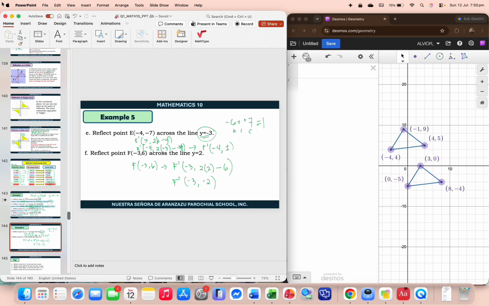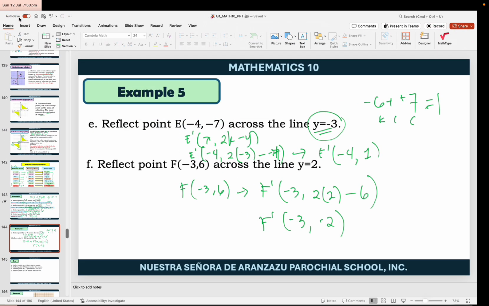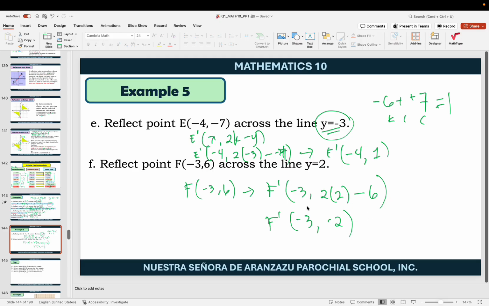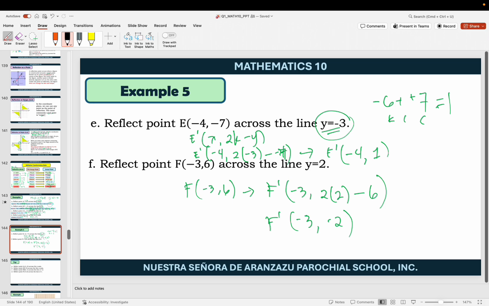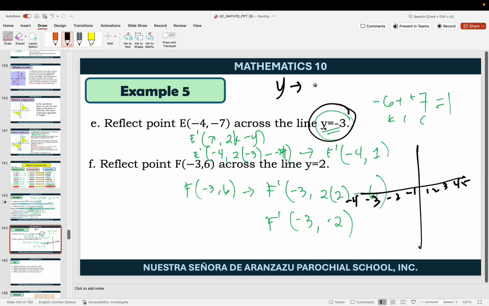Wala akong Cartesian plane. So, let's say we have here the Cartesian plane, x and y. So, 1, 2, 3, 4, 5. So, y is negative 3. So, negative 1, negative 2, negative 3, negative 4. Yan. Yung line of reflection niya, kapag y, you're going to draw